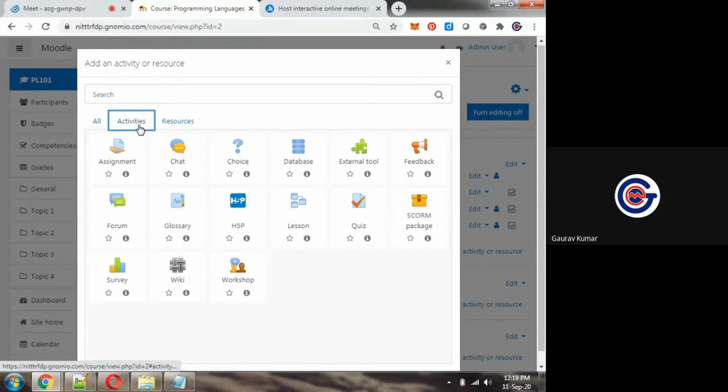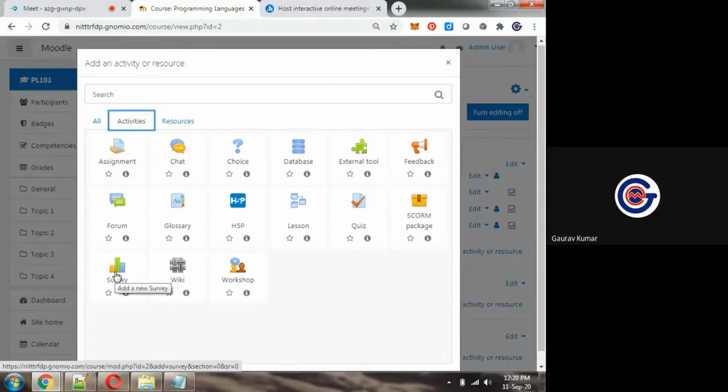Quiz is not a resource. Quiz is not one-way communication. Quiz is multi-way communication. So you can see assignment, chat, choice, database, so many things are available. So we want to see quiz. Okay, now quiz is available.